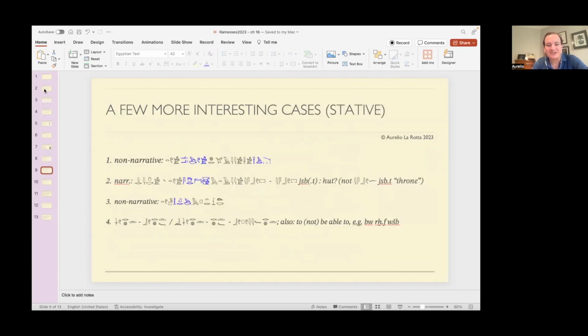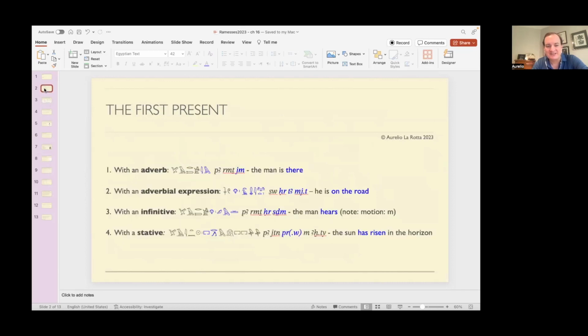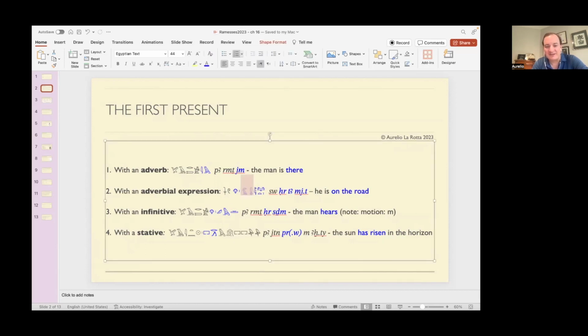What we covered essentially was the first present, which in the most basic version is just your subject plus an adverb, the basic adverbial sentence. The man is there. But you can also expand that into an adverbial expression, something like "he's upon the road." And then, instead of having a noun there, you can put an infinitive in. So, the man is upon hearing, which is basically the man hears. And that's really the cool thing. That becomes the standard first present